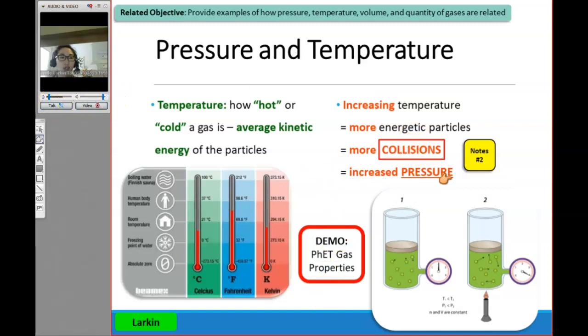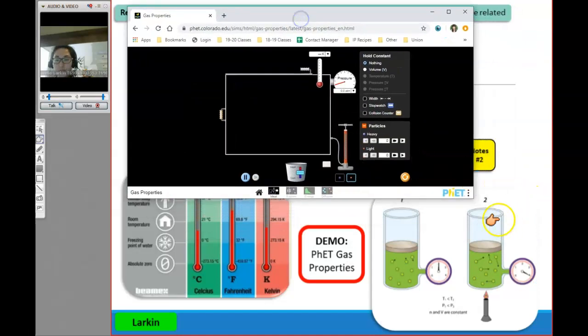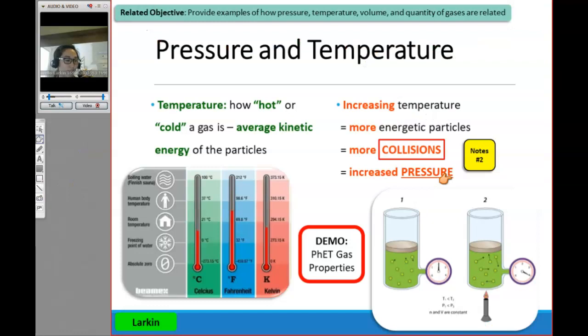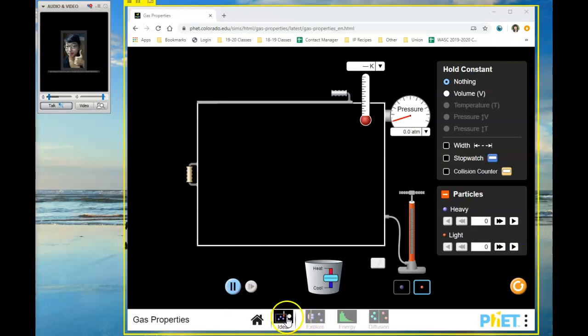Let me go ahead and show you a great example of this. I'm going to grab our PhET simulation right here. And again, I'll send you this link because I always love playing with these, and I'm sure some of you enjoy them too. So there's the link to that. I'm going to share it with you up on the board now, so you can follow along if you would like on your own. We're under the ideal part. So go ahead, open that up if you want, and then click on the ideal part of the lab. Cool. All right, so I am going to add some of the smaller particles just because I like how they move faster.